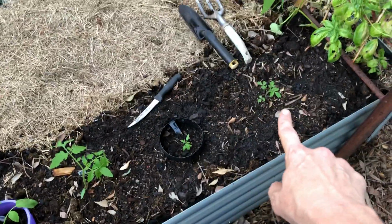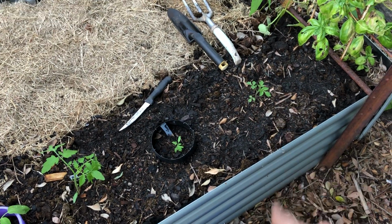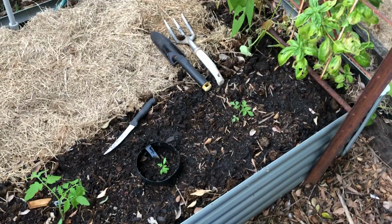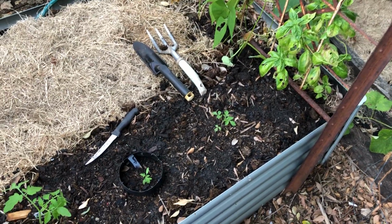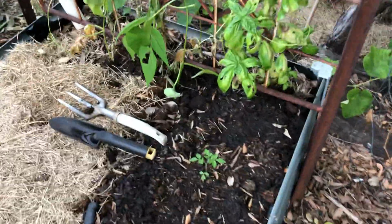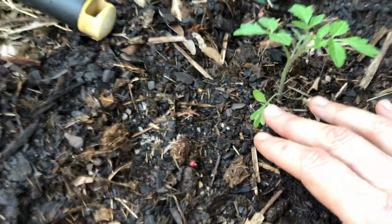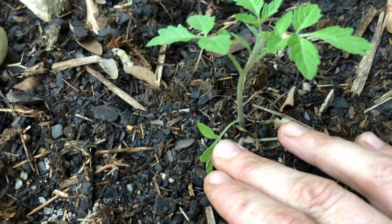And that is just a random tomato seedling that came up. It is probably what's known as a blueberry tomato. Now they're really good tomatoes to grow as well. Very prolific. They just take over your garden. So anyway, I don't bother replanting them or saving the seeds. They just come up and you can recognize them because it's not showing up on the camera, but it's got a really purpley stem. So that's the way I can always tell which one is a